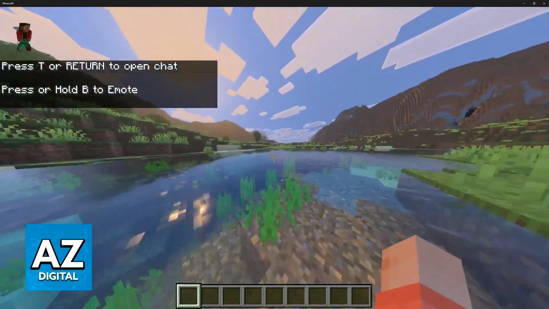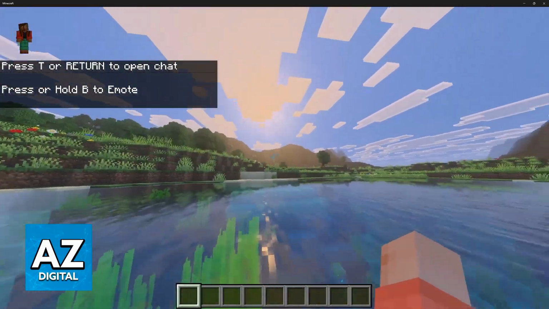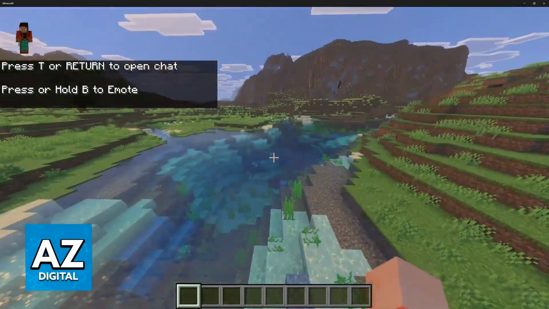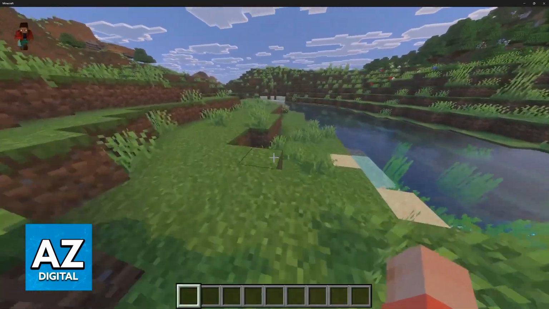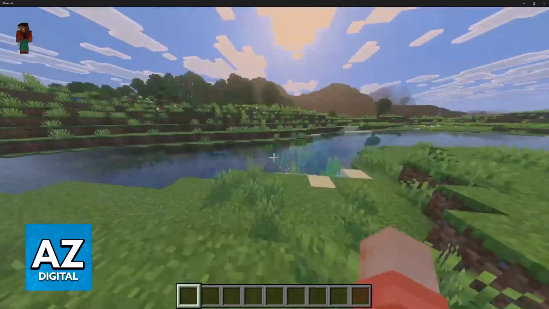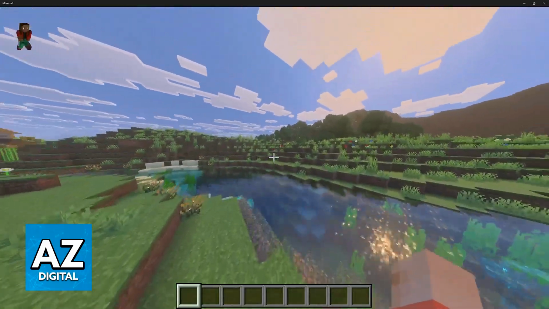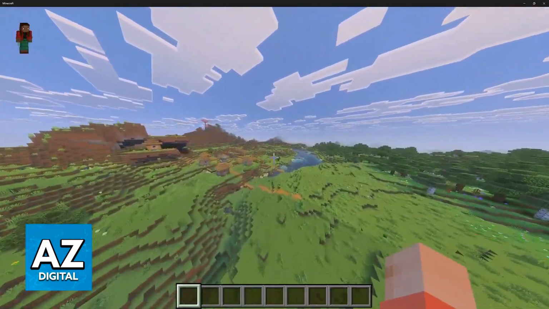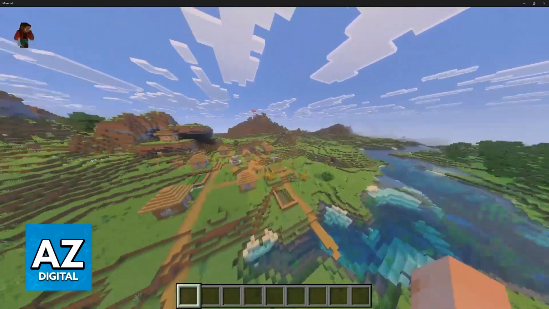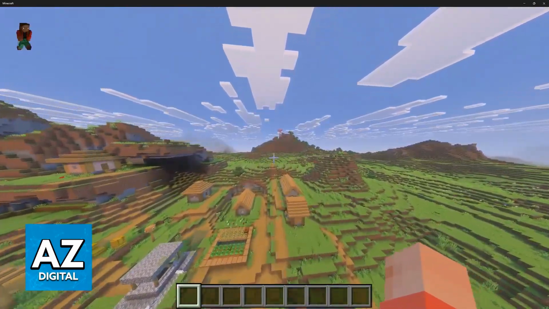One of the most noticeable changes is the water. You can see the sun reflected in the water. It looks incredible. You can see the shadows cast on all of these grass patches. And overall, it is incredibly nice to look at. You don't have to download any mods, any packs, and it is one of the most exciting features they've added in a long time. I cannot wait until we get this on Java Edition.